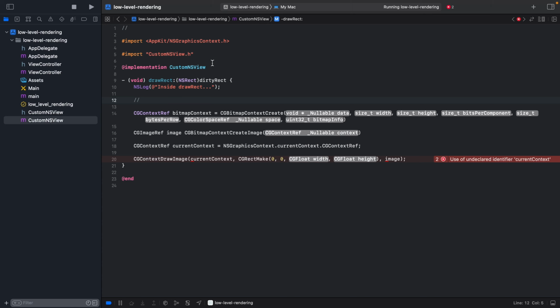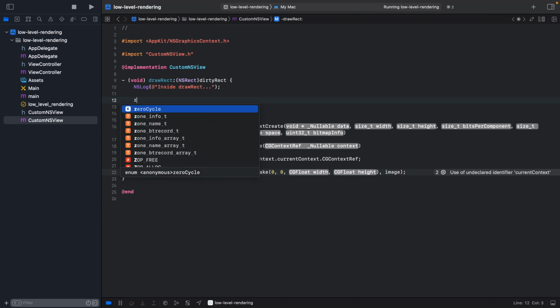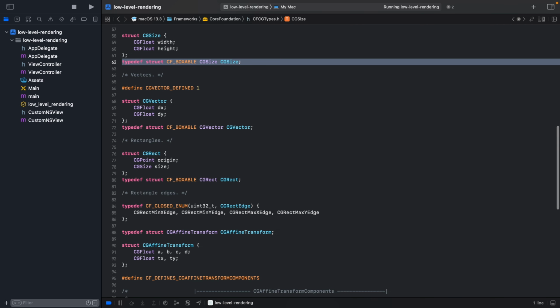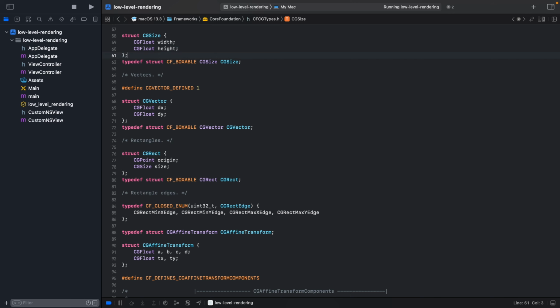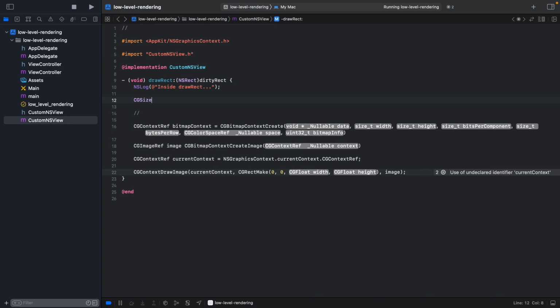So we need to have some way of getting the width and height of the current screen. And there is this struct again, CGSize, which is basically just a wrapper over width and height. So we can use that one,